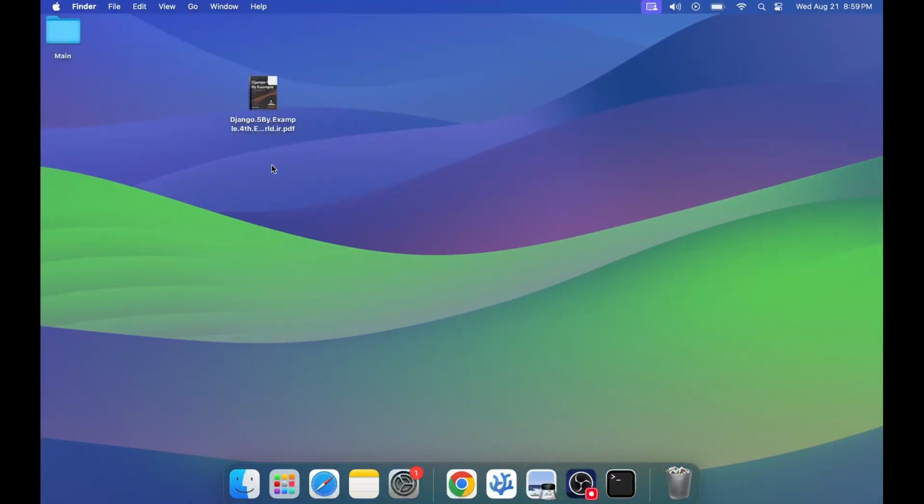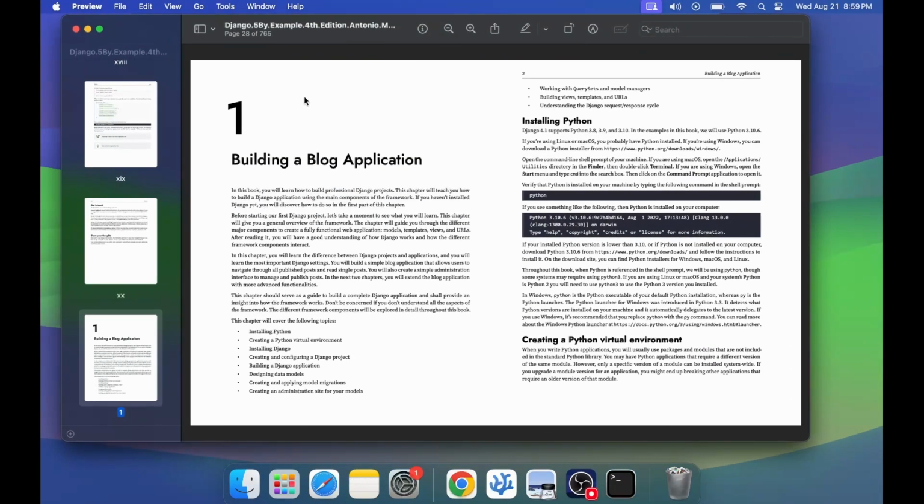So in this section we are going to be reviewing the book. I was able to get Django 4 by Example, and we'll be using it and adding more modifications to it as we go on. But firstly, we would like to look into building the first project in chapter 1, which is basically building